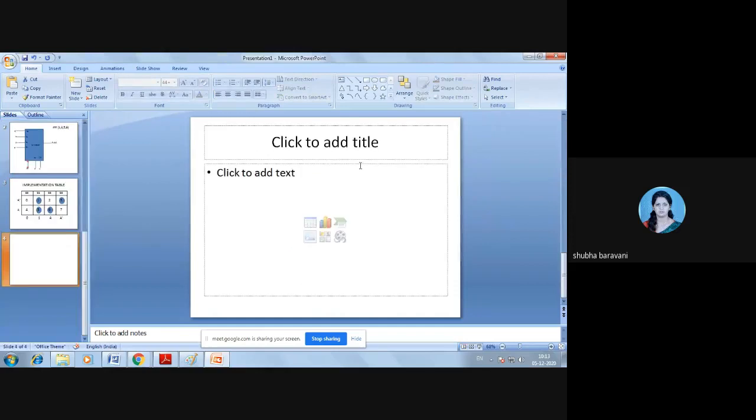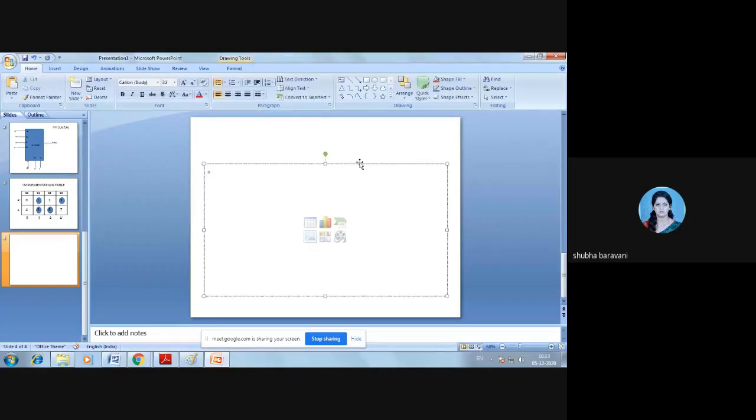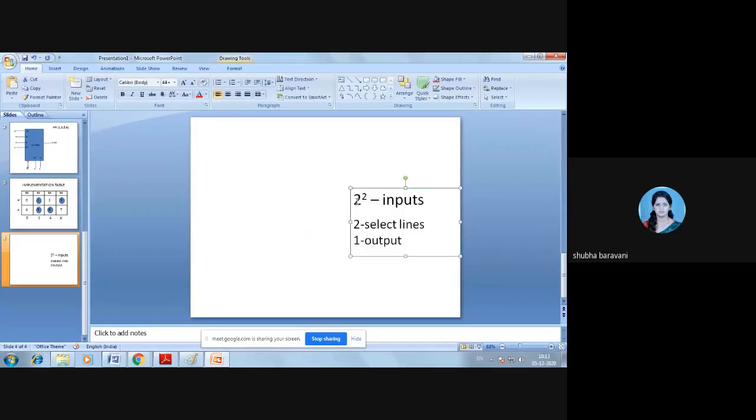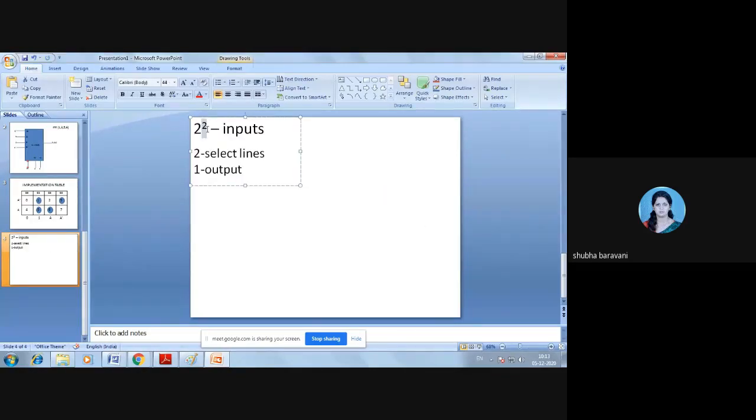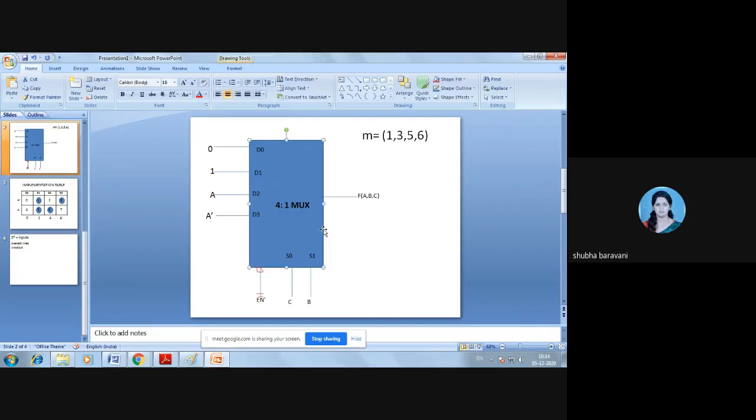I'm asked to implement it using 8:1. 8:1 means 2 power 3 inputs. I should have 3 select lines and 1 output. Okay, so the procedure will remain the same as this.